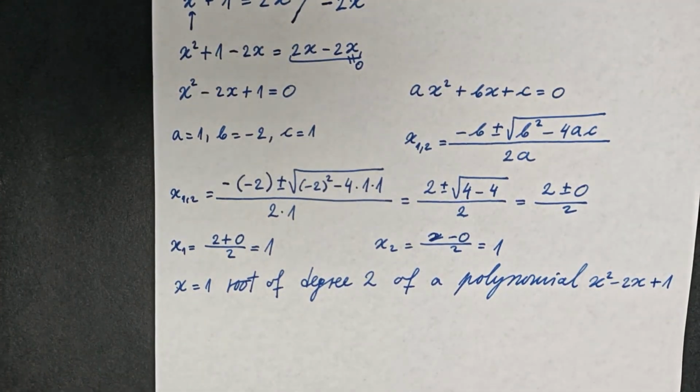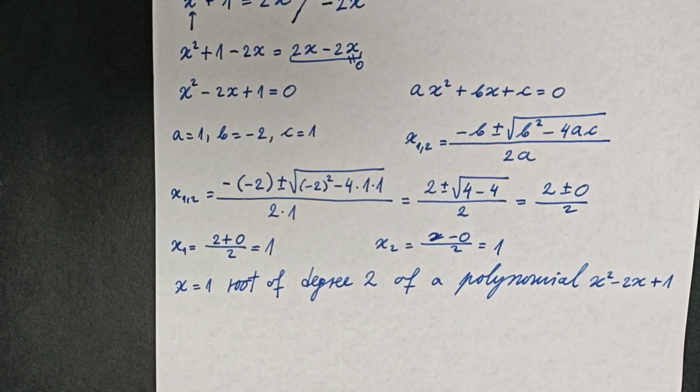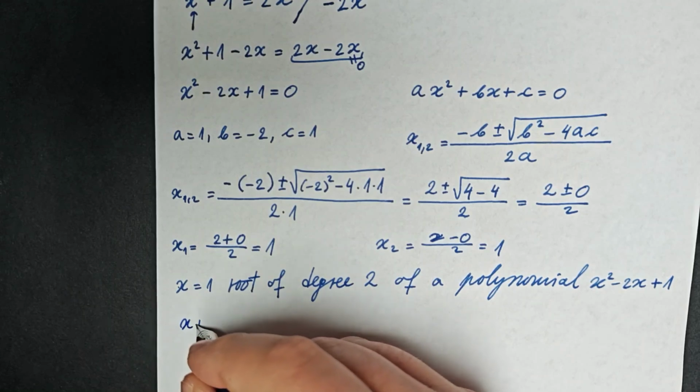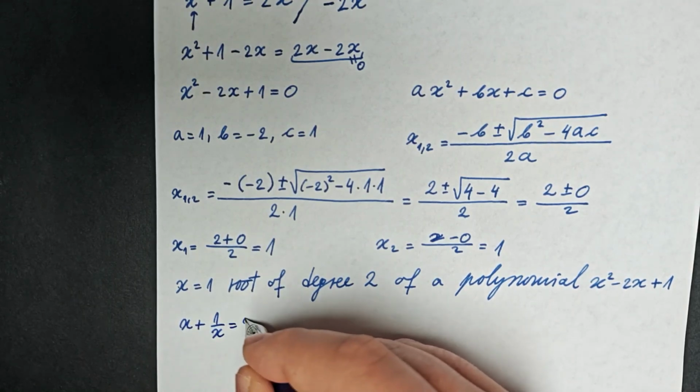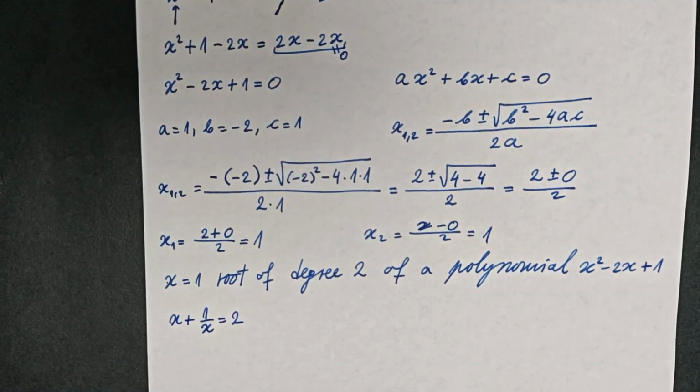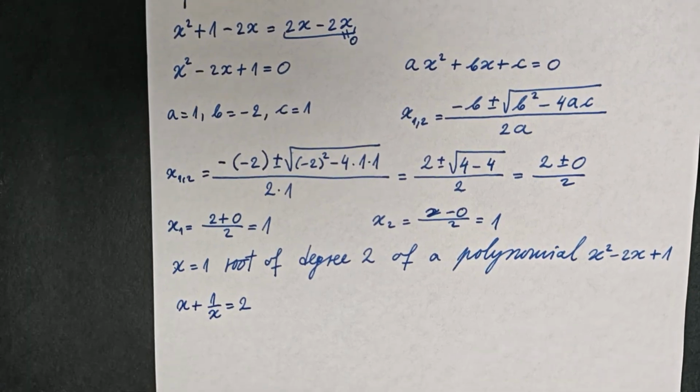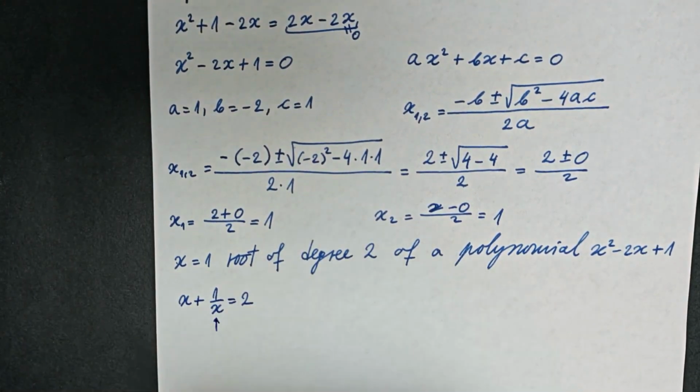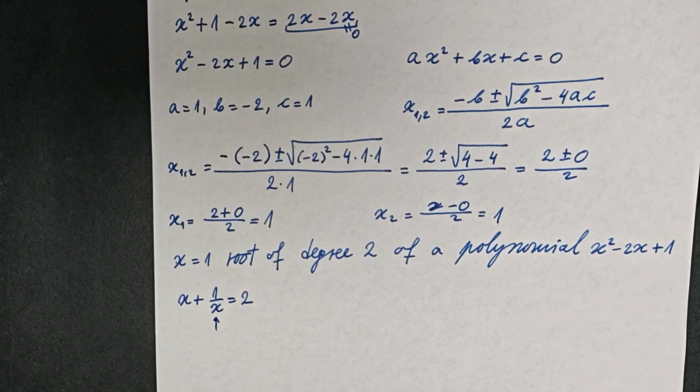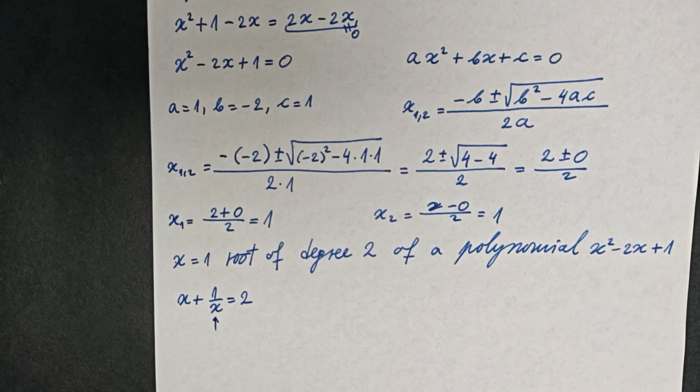One important note here that I want to emphasize for you is that you are dealing with an equation x plus 1 over x is equal to 2. For this equation, as you can see, we have to divide by x in this part right here. And as you know, division by 0 is strictly forbidden. That is why we always have to check if the solution which we get is really the solution of this